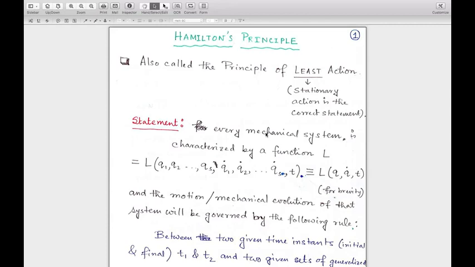The lecture number 5 of physics 401A. So last week we discussed the method of calculus of variation, and this week we will derive the basic equation of the Lagrangian formulation of classical mechanics, which is called the Euler-Lagrange equation, using that method of